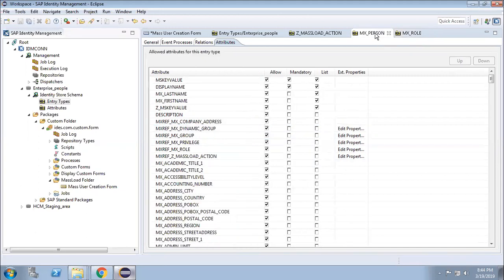Because MX person is the top one, on the upper node, the other things will give you the reference of it. The other attributes will give you the reference of the top attribute.